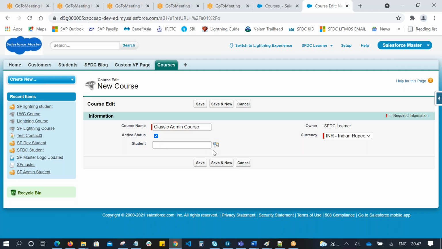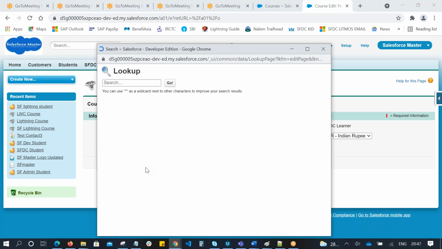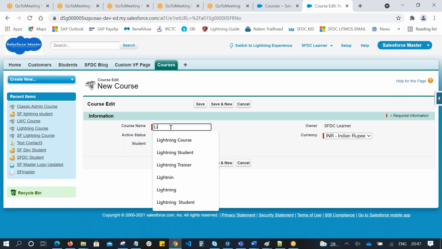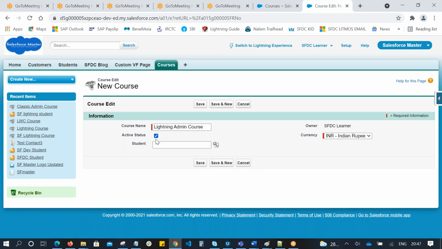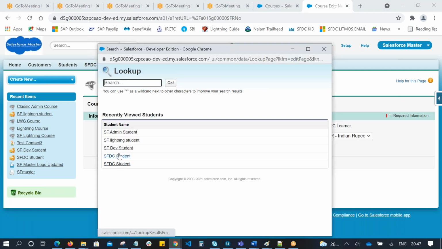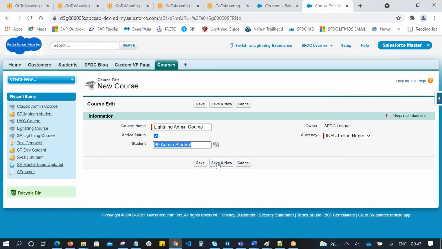This classic admin course I want to assign to SF admin student. Lightning admin course. This lightning admin course also I want to assign to the same student, SF admin student. Save.